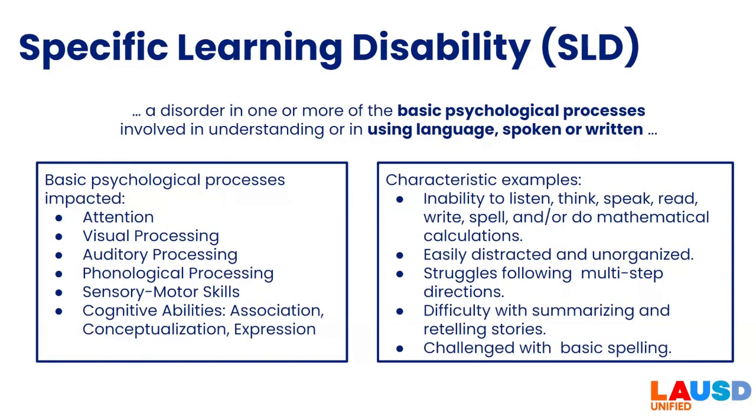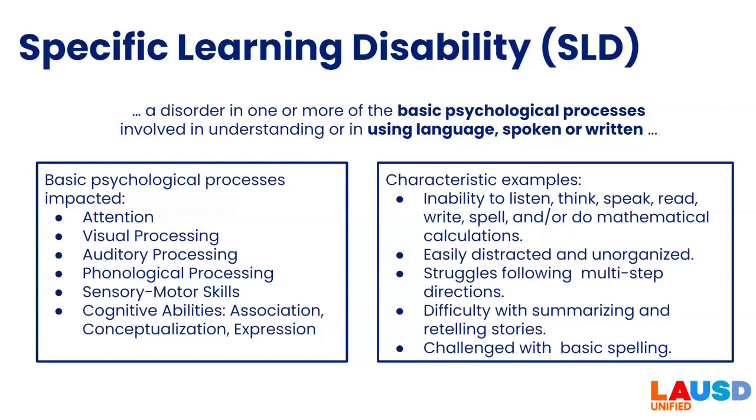According to the California Code of Regulations, specific learning disability, or SLD, means a disorder in one or more of the basic psychological processes involved in understanding or in using language, spoken or written, that may have manifested itself in the imperfect ability to listen, think, speak, read, write, spell, or do mathematical calculations, including conditions such as perceptual disabilities, brain injury. On this slide, we have listed some of the basic psychological processes that may be impacted, such as